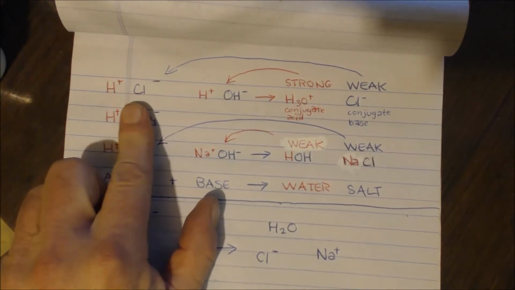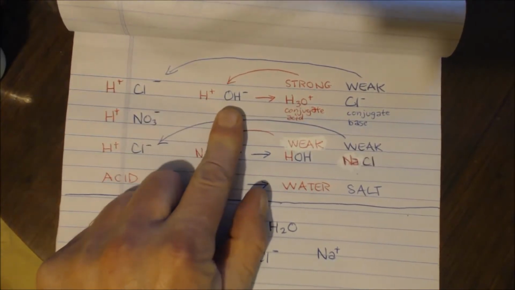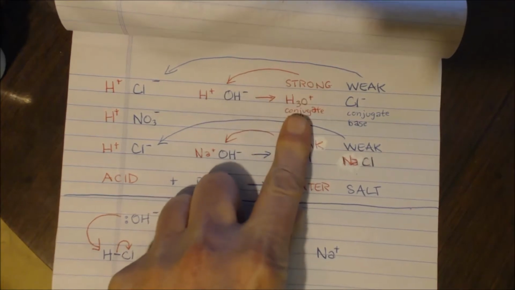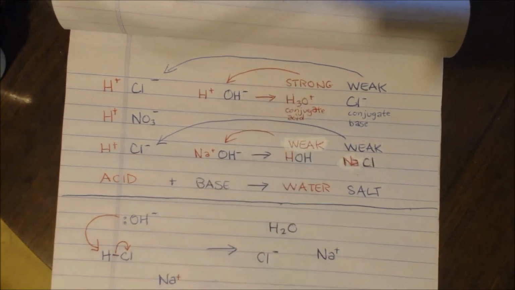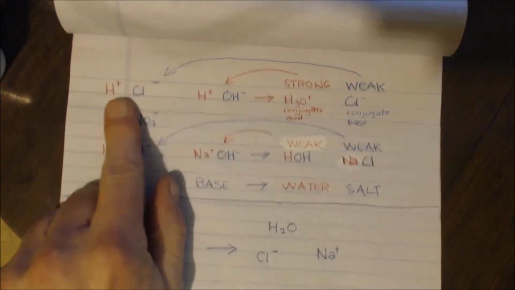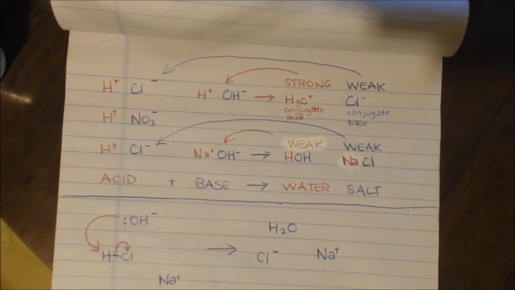So I know that it's the opposite. Just like this, water is a weak base. I mean, I could drink water. So that means that the conjugate acid is going to be strong, the opposite. Okay? That's a good way to learn what's strong and what's not on acids and bases. You automatically know this is weak because it comes from a strong acid.